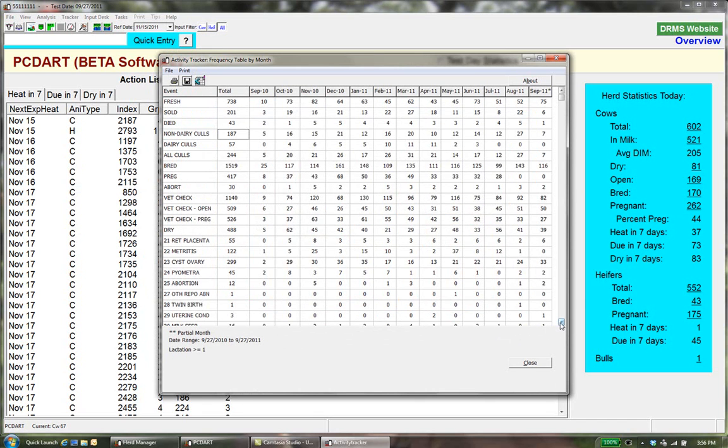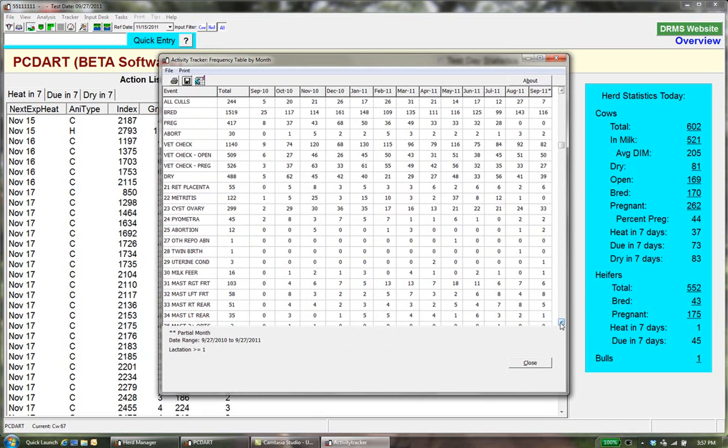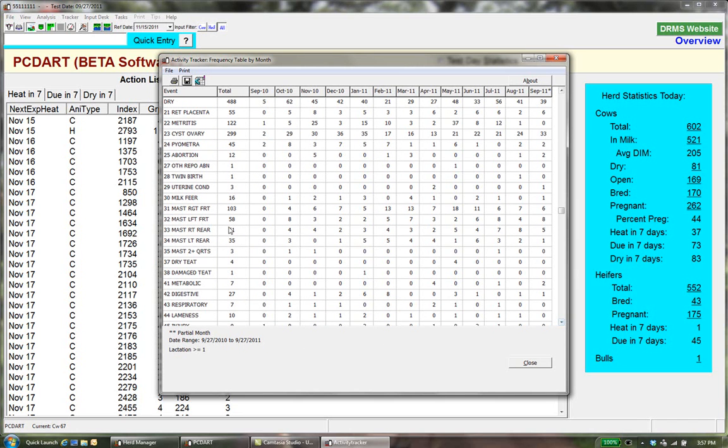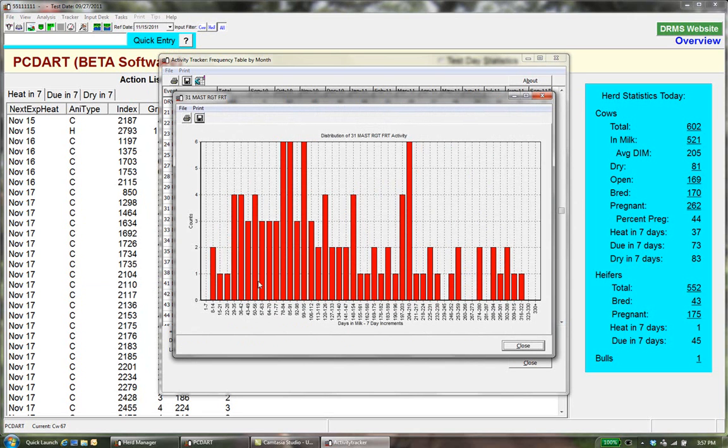Okay, let's slide down and grab another activity. Let's look at mastitis. The recording event code 31 here. Let's look at those mastitis and see when cows are reportedly having mastitis. And this is days in milk increments again, okay? And it looks like it's pretty spread out throughout lactation, but there does seem to be a higher incidence here